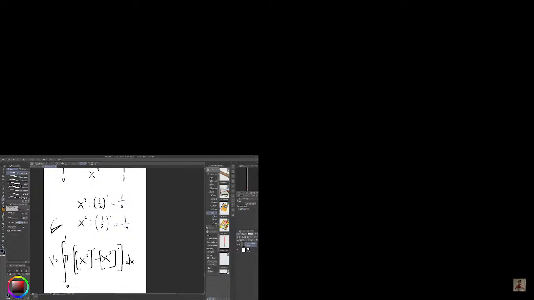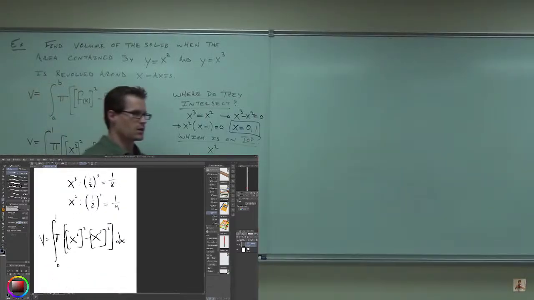Raise your hand, feel okay with doing all this so far? Not bad. Do you see how similar it is to finding the area? Very, very similar. Can you do the integral? Sure. What are you going to do first? Simplify. Probably pull the pi out. Square this, you're going to get x to the fourth. Square this, you're going to get x to the... Perfect. Now when we do the integral,